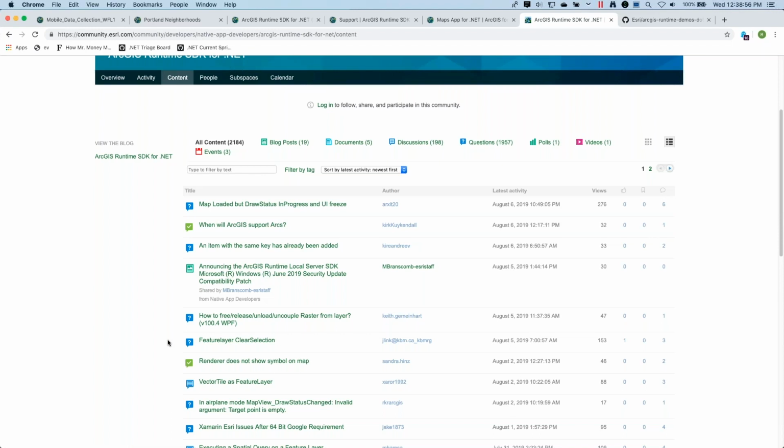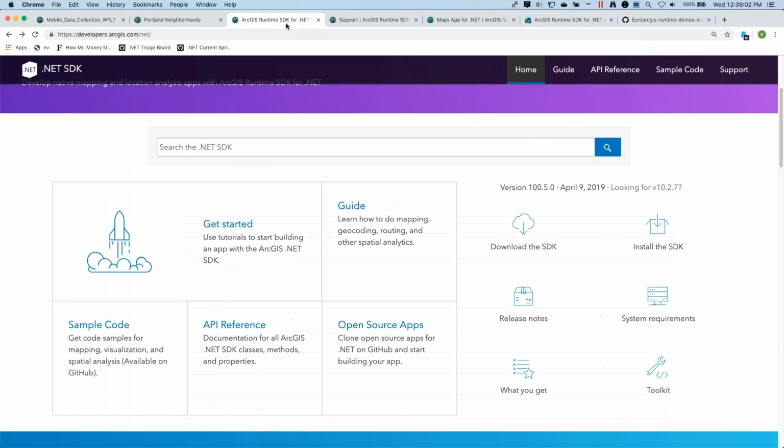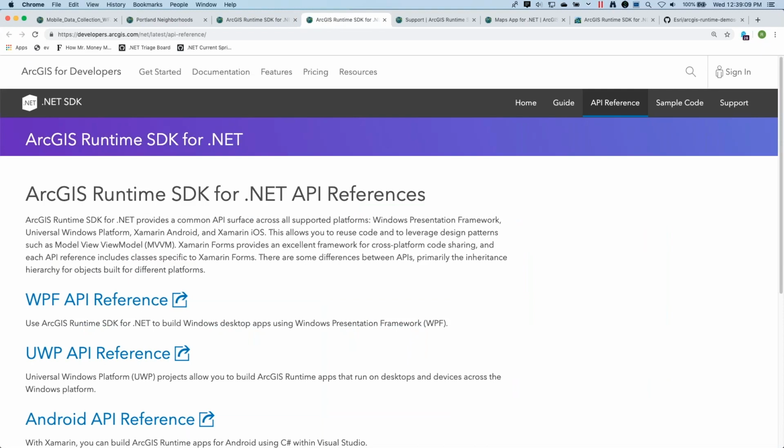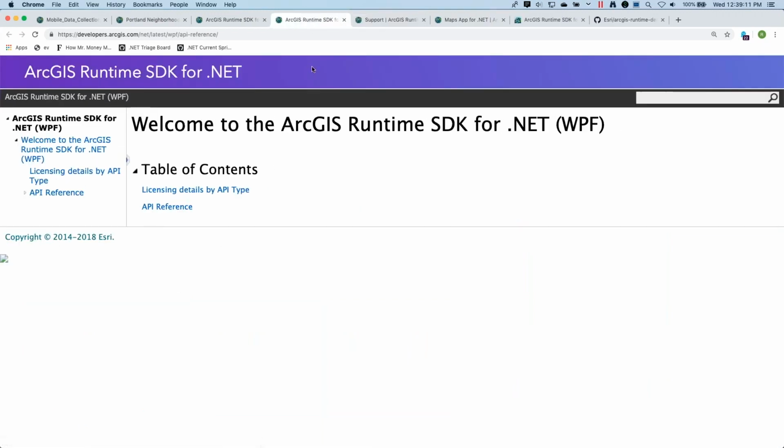So, okay, that's great if you get that answer in a forum, but you don't know anything about this populate from service async method, right? So how do you find out more about that? That's where our API reference can be really useful. So if you know a specific member name or you know a specific class name, you can open up our API reference, search for that name,